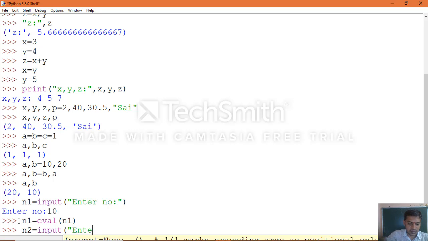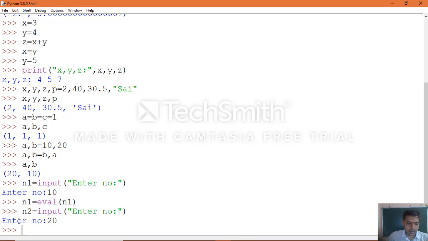Enter number again, which will ask you to give the input as n2 = eval(n2). The eval function converts a string value to an integer value.